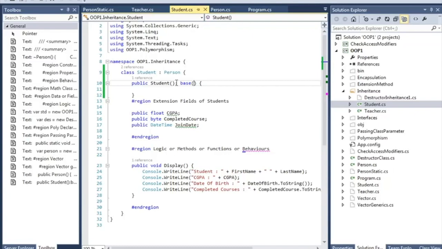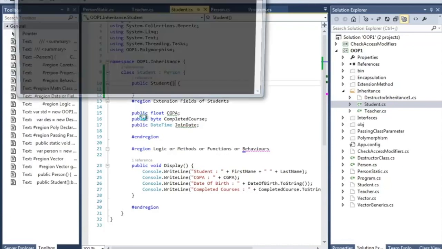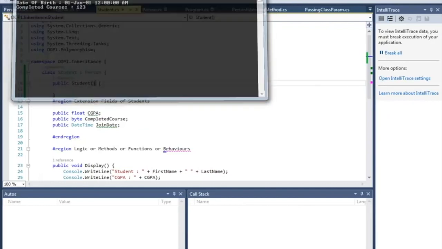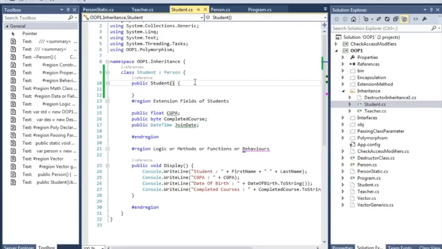So we don't have to call the constructor explicitly for the first constructor; it will always be called implicitly. If I run, I will get the same result. It will be helpful when you have multiple constructors. We are going to talk about multiple constructors later in this video.